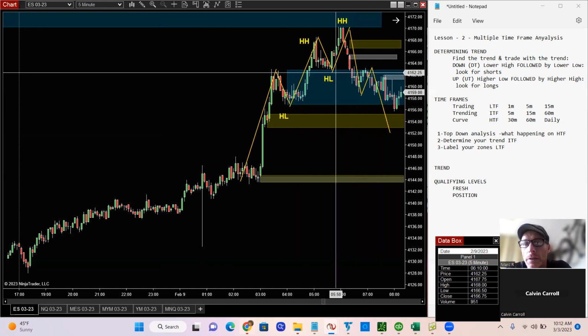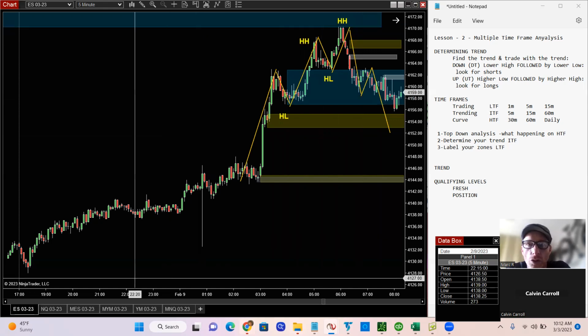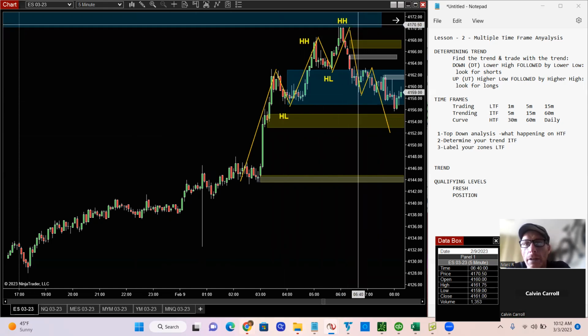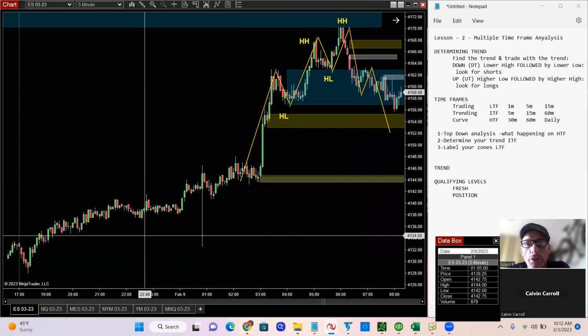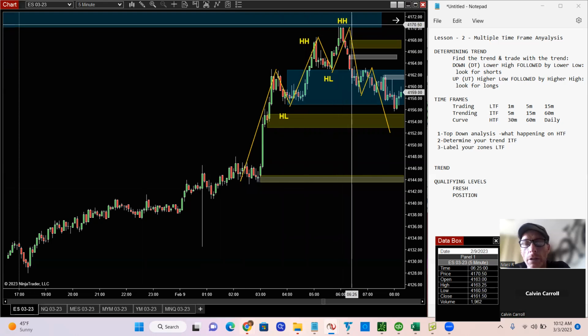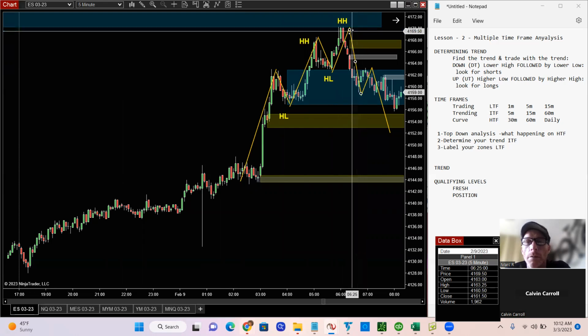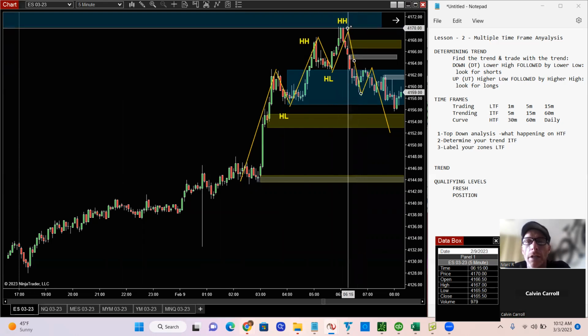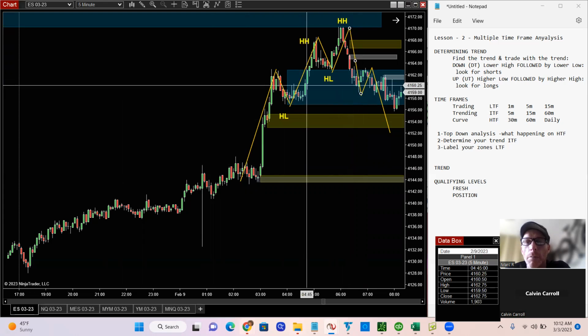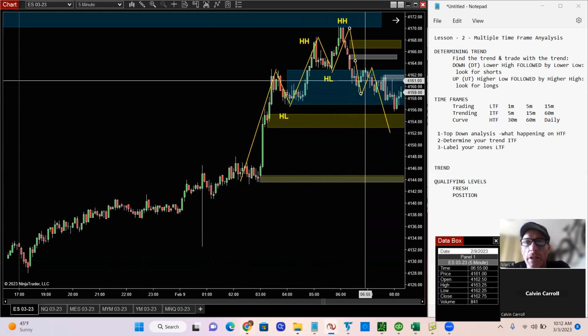Not to mention, in this particular scenario, price just ran up and hit a 30-minute level, which is your higher time frame, and your higher time frames are always going to trump your lower time frames. Okay. So price was moving up in a 5-minute uptrend, slammed into a 30-minute level. That will be significant, especially after this big move, that you'll want to pay attention to. All right, yeah, we're trending up in this 5-minute, but we just hit a 30-minute and we're